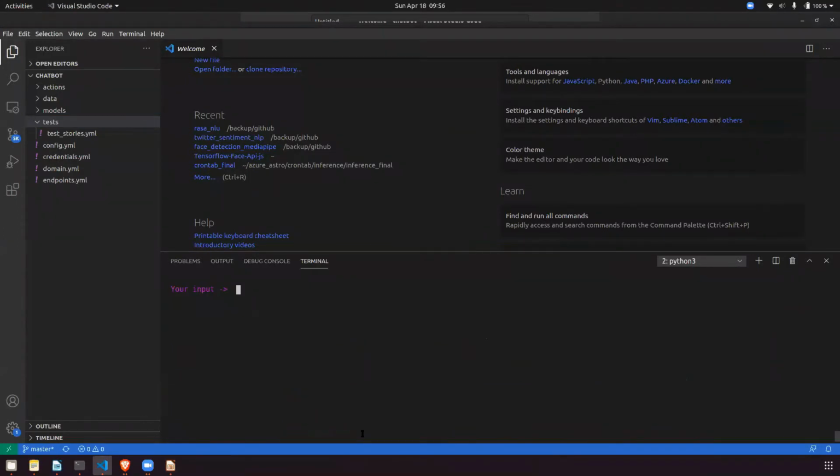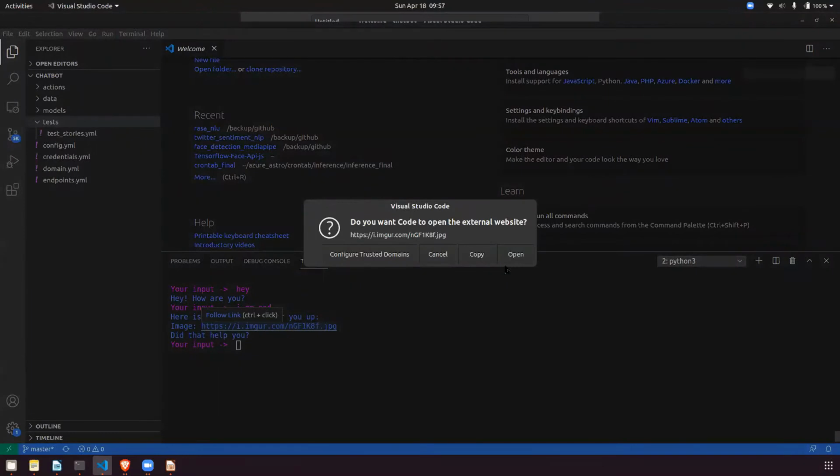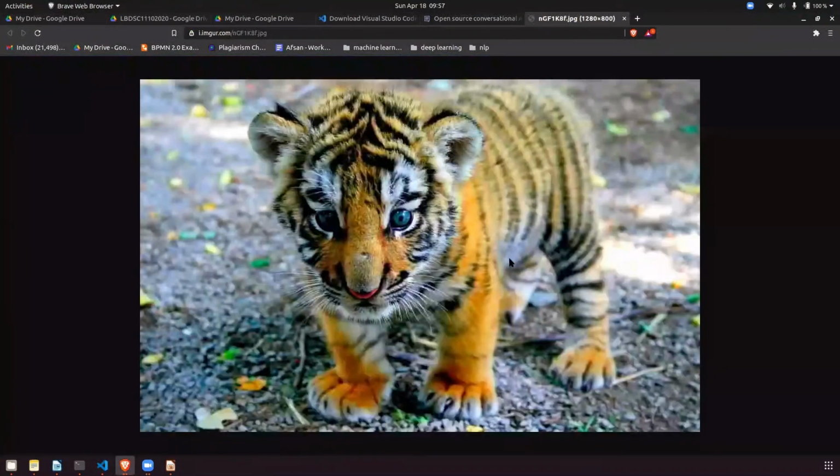Okay, so when this is done, this is the initial chatbot that is already created. Just type hi and it will give you a response. If I type hey, my chatbot will respond, hey, how are you? Just try this and say something. Okay, so I am sad. When you say I am sad, my chatbot says, here is something to cheer you up, and gives me a link. When I open that link, it is a cute picture of a Python cup to just make you more happy. That's it.